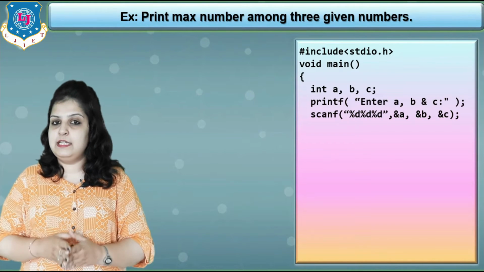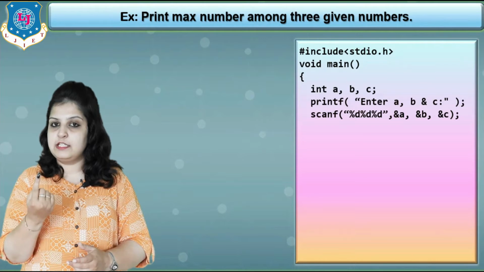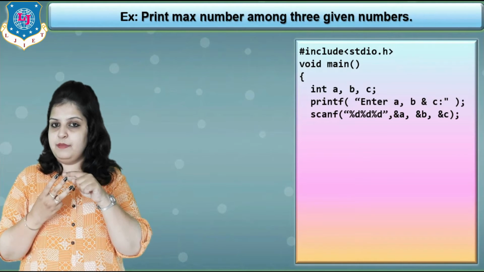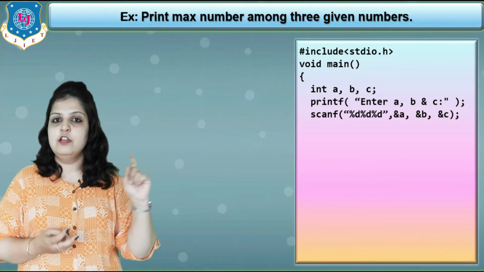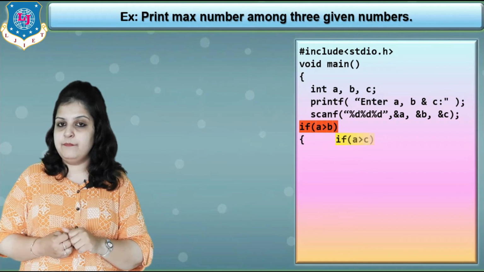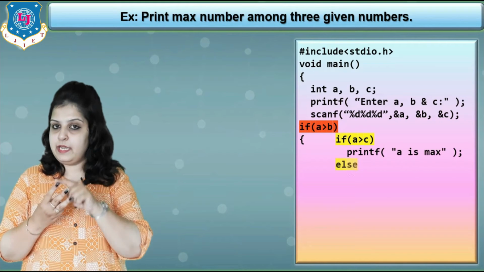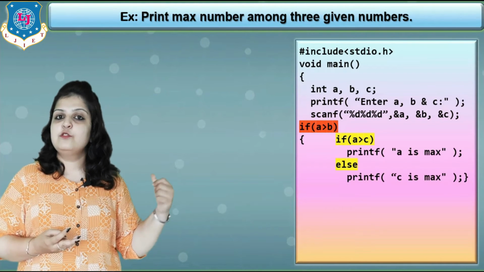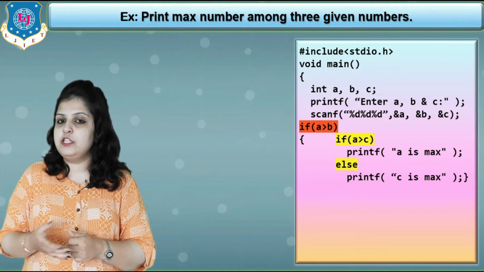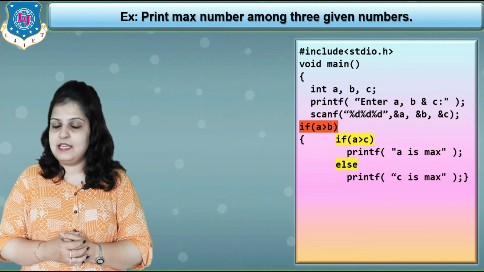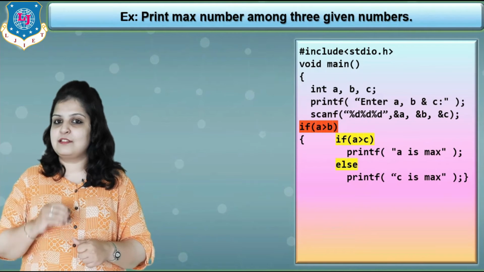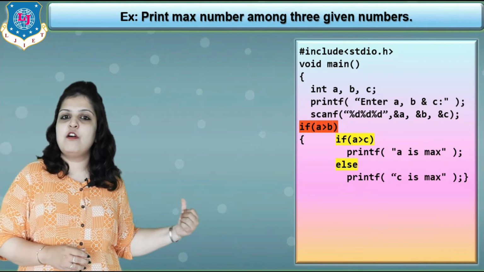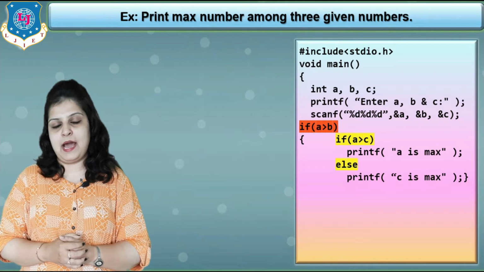Now using nested if else, the first condition: we have 3 variables a, b and c. So compare a with b in the first condition. So if a is greater than b, if yes, then compare a with our c variable. So inside the if write another condition, that is if a is greater than c. Yes, in this case obviously our a is the max from the 3 numbers. So our printf is like "a is max".